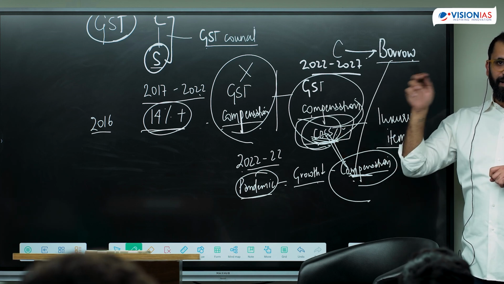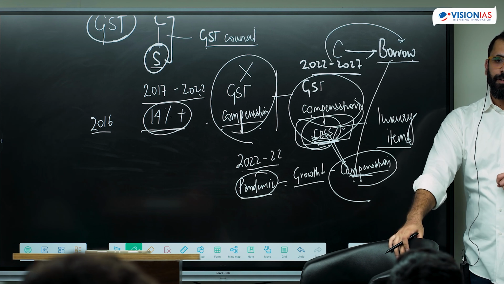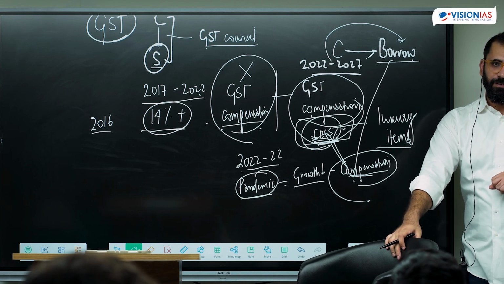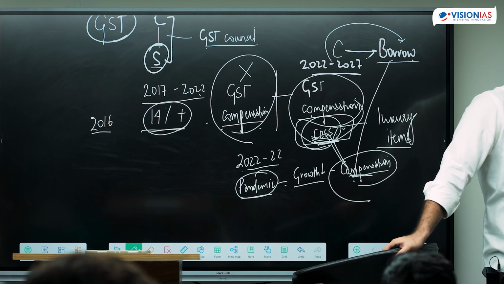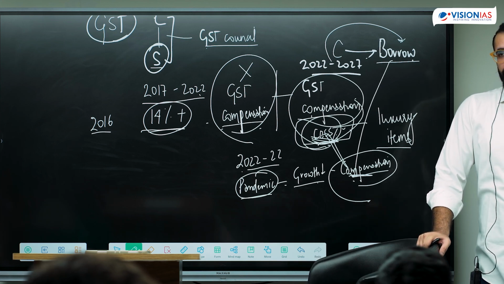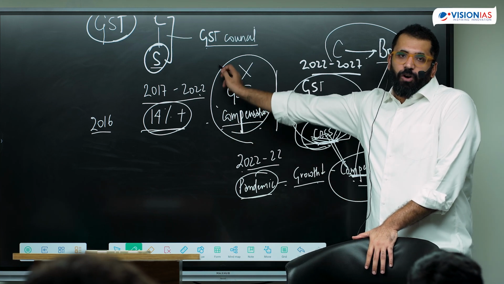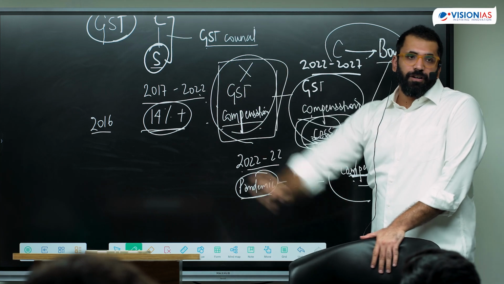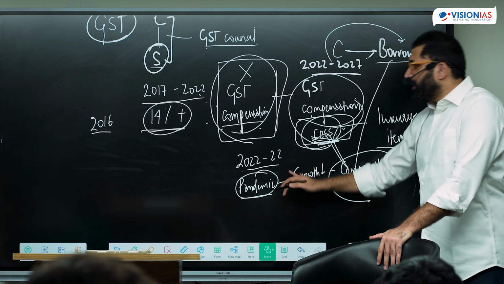Now why is the center collecting the cess? Because the center says we have to pay the loan which we have borrowed. So the compensation cess which was introduced to pay for the compensation still continues, but the compensation is not being paid to the states. So those states which are losing revenue are not being paid any compensation after 2022. And now they do not have any powers to